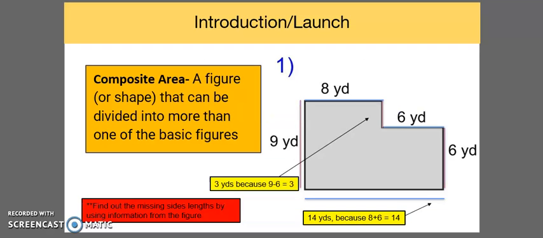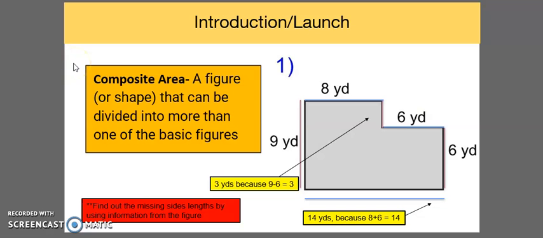A composite area is a figure or shape that can be divided into more than one of the basic figures. When we're talking about basic figures, we're talking about squares, rectangles, triangles, and so on. Reviewing those types of shapes will be important for students to understand how we can break down shapes into